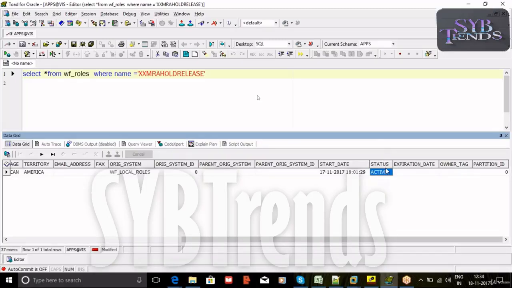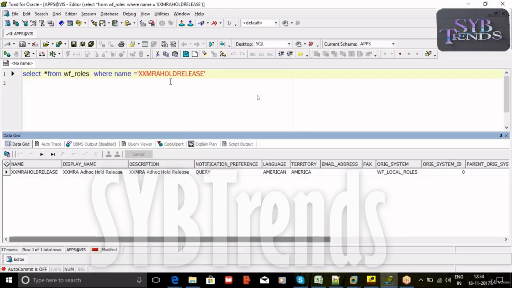This is also very important, and the expiration date is not there, meaning it is null, meaning it is active. Now one more